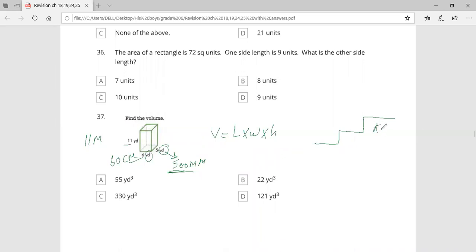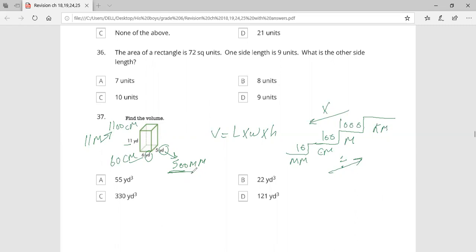We have kilometer, meter, centimeter, and millimeter. You have to know how to convert between them. Here is 1000, and here is 100, and here is 10. Going down we multiply, going up we divide. If you want to change meter to centimeter, you multiply by 100, so we just put two zeros. And for millimeter, to change it to centimeter, for example,